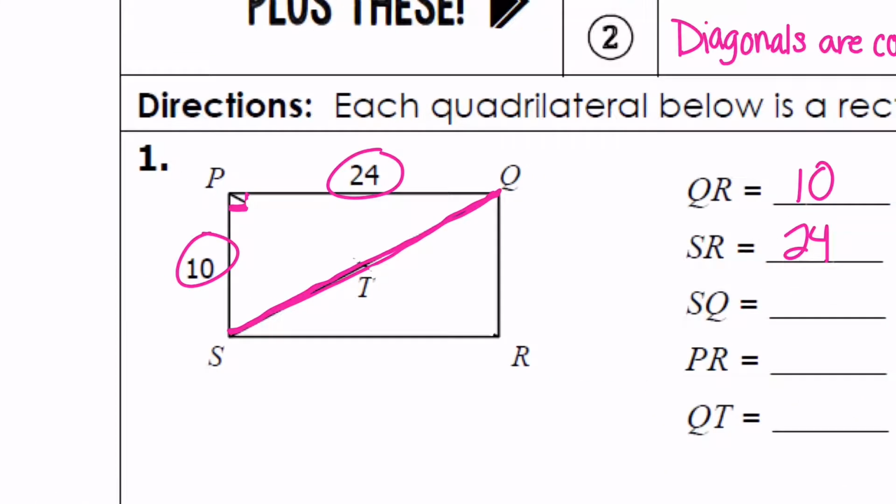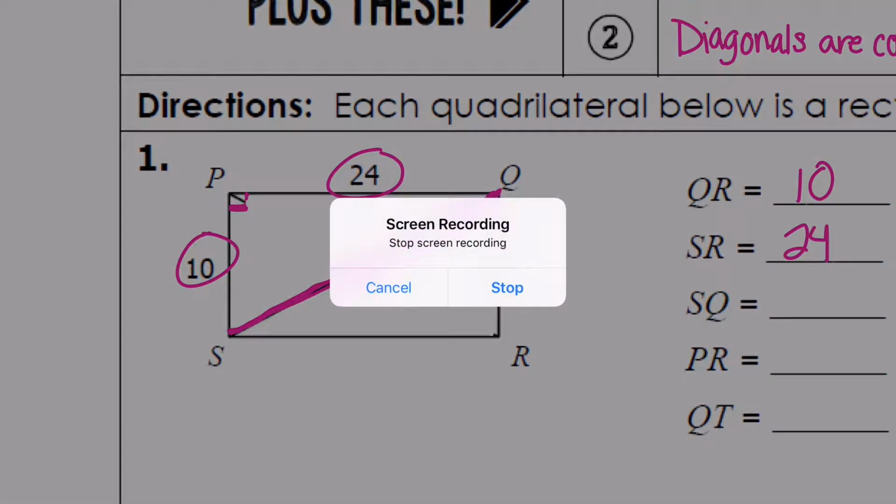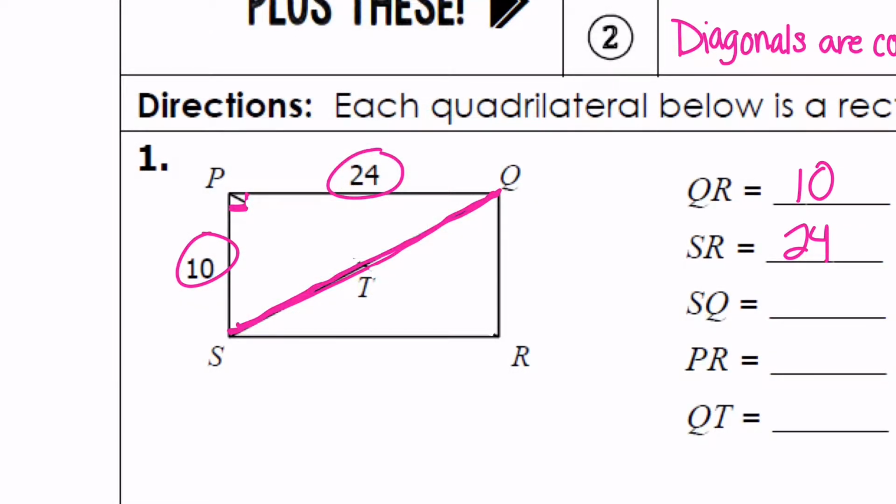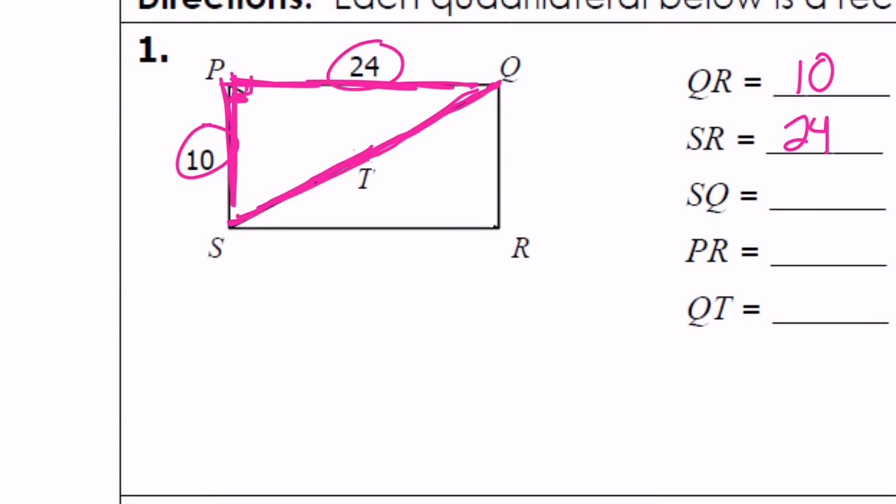There, kind of white it out so you can see what I'm talking about. Okay, so when I cut this diagonal SQ, because this is a right angle, I form a right triangle here. Okay, remember we have that cool thing that we learned last unit where if I have 2 sides of a right triangle, I can find the 3rd side. So I can find SQ